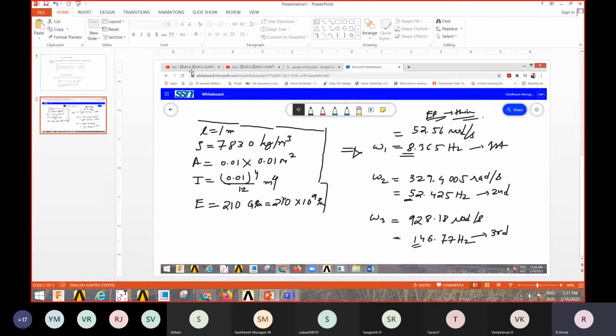Okay, so here the length is given, and the area is given, and the density. The only new thing that we are seeing here is that in the previous cases we were not using this parameter called density. We used only the length and cross section. In this sum, in modal analysis, we will be considering the parameter called density, and then we have Young's modulus.